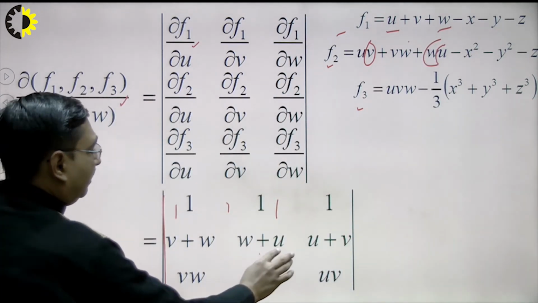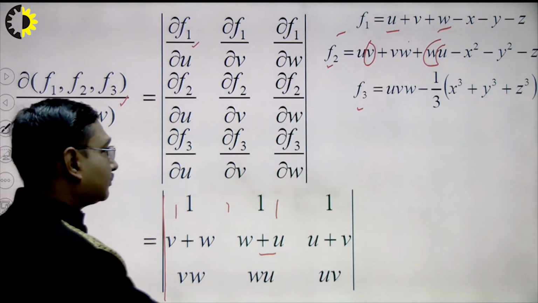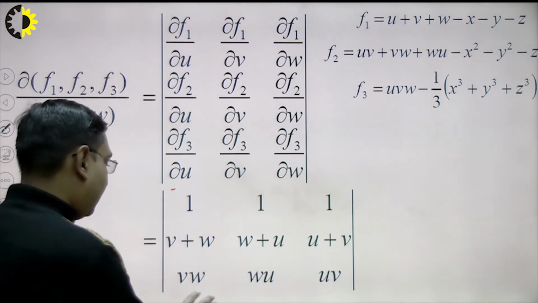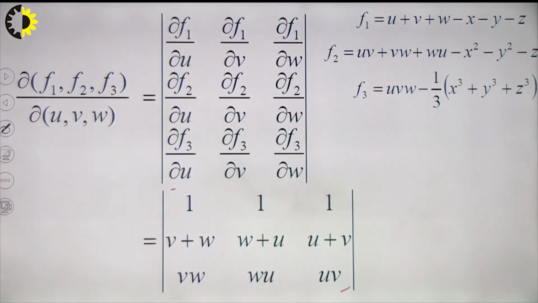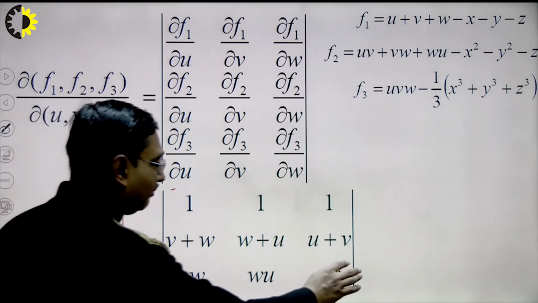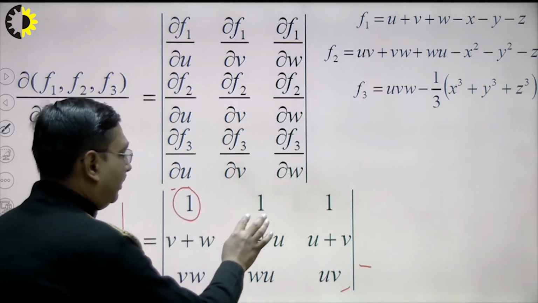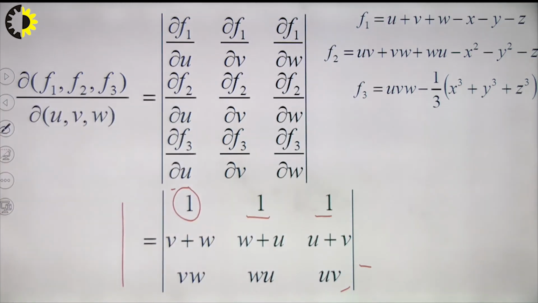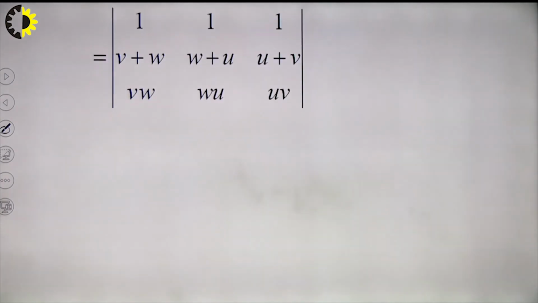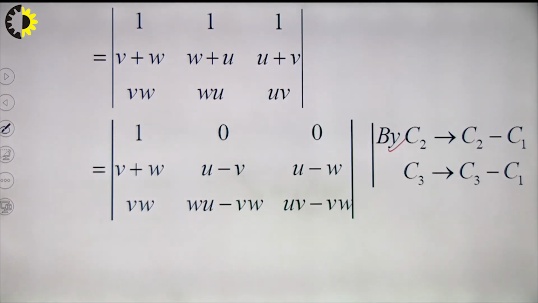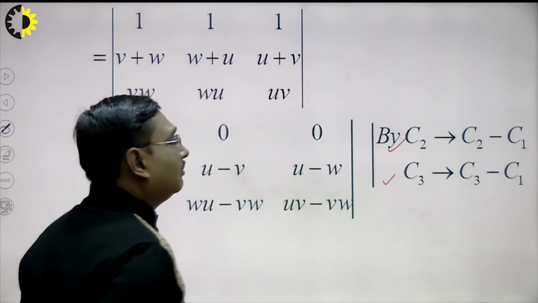Del f2 over del v will be u plus w, and del f2 over del w will be u plus v. In a similar fashion, del f3 over del u, del f3 over del v, del f3 over del w will be calculated, and this determinant will be obtained. Now, we shall simplify this determinant, and for this, with the help of this one, we shall convert the remaining two ones to 0. And for this, we shall apply these transformations: C2 replaced by C2 minus C1, C3 replaced by